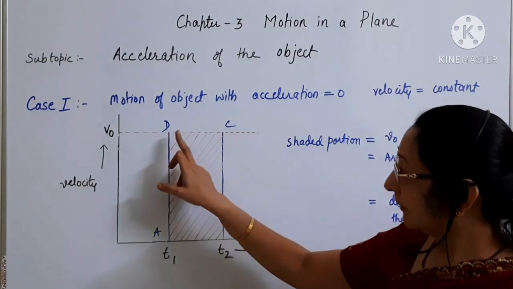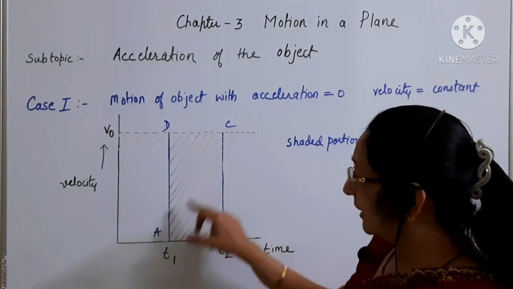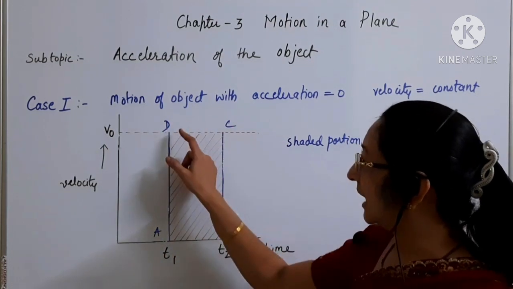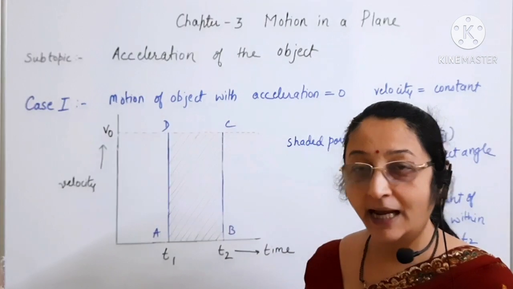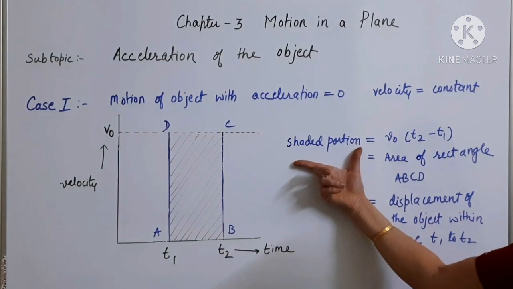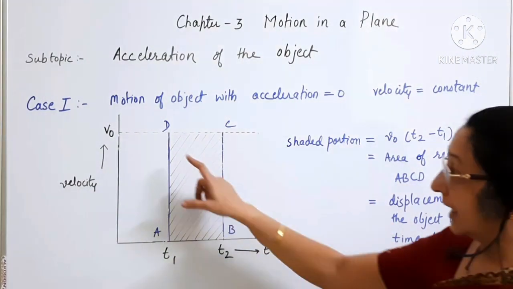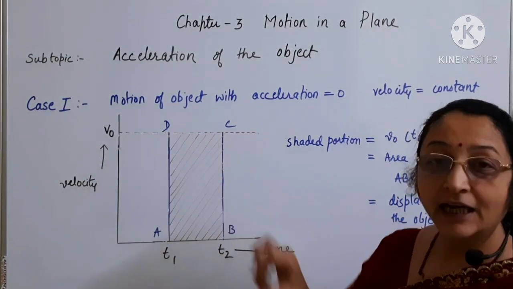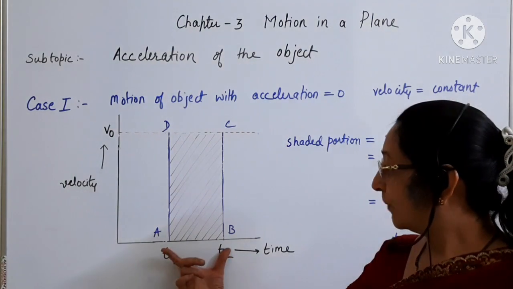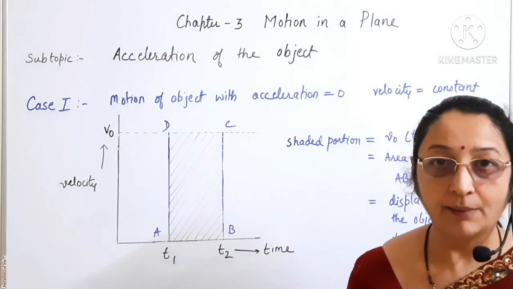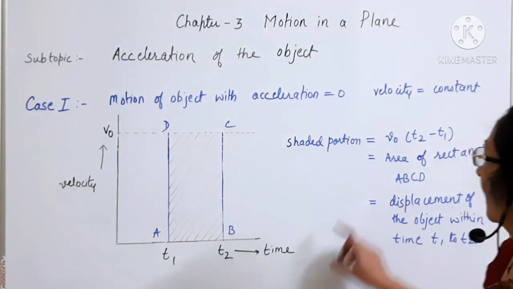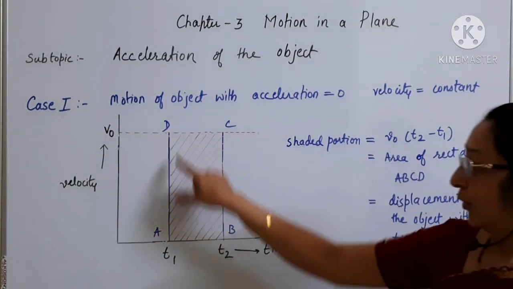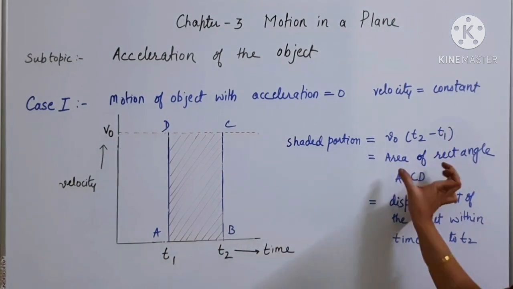So now we draw or we shade this portion. हा एवढा जो रेक्टँगल आहे, ABCD हा एक शेडेड पोर्शन आपण तयार केलेला आहे इथे. आता हा शेडेड पोर्शन कसा आहे, तर त्याची लेंथ v0 आहे आणि t2 मायनस t1 ही त्याची ब्रेड्थ आहे, असं आपण म्हणू शकतो. रेक्टँगलच्या 2 साइड्स आहेत. सो शेडेड पोर्शन कसा आहे, तर v0 into t2 minus t1, that is the area of